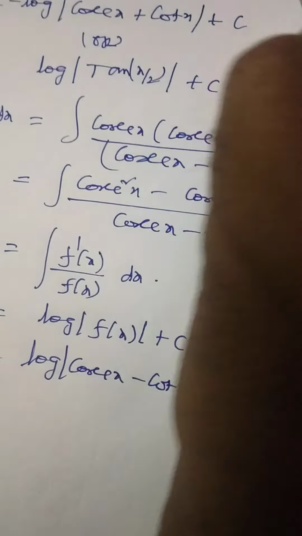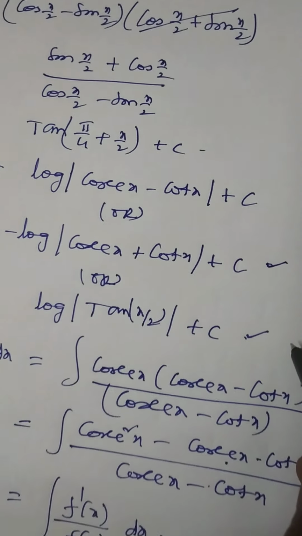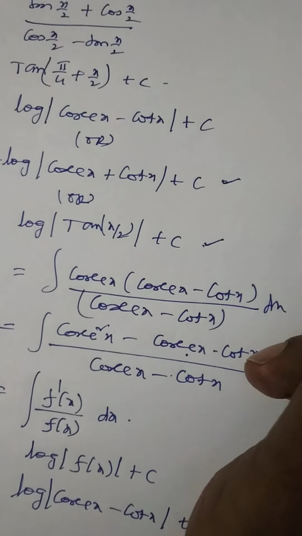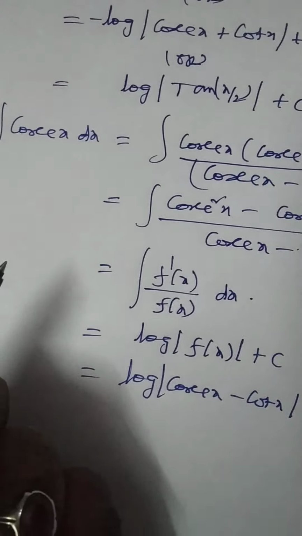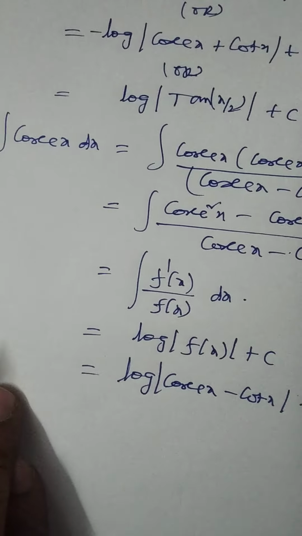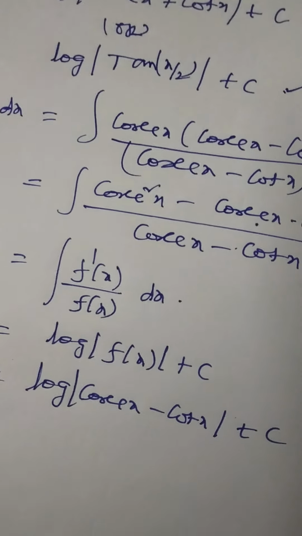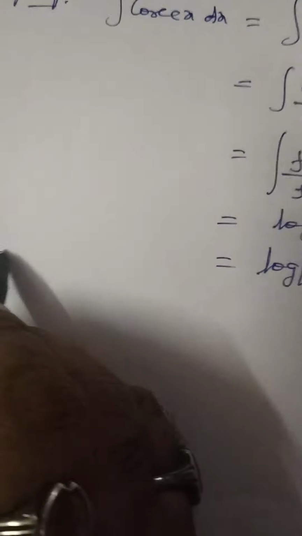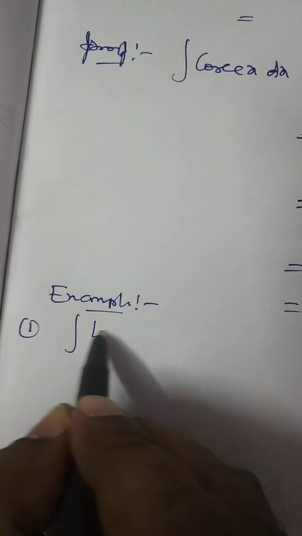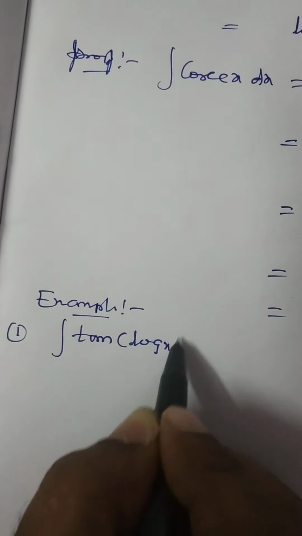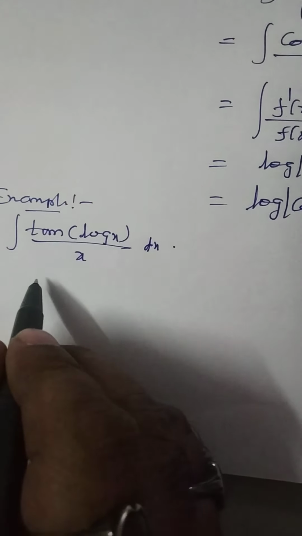And of course you know how we got the second and third forms in the previous problem; you can do it the same way, it's not a problem. So based on these formulas, I think you got to know the substitution method, how we are going to substitute, and the problem approaches are also very easy. For example, I will tell you one simple problem: integration of tan of log x by x. This problem is very easy by the substitution method.